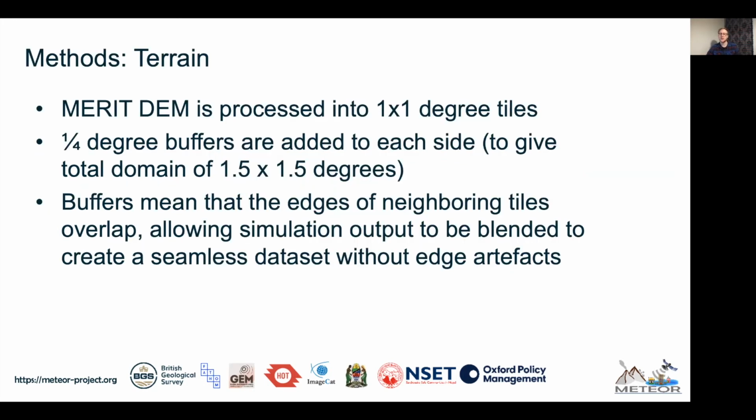So with that said, I want to give a very quick run through of some of the key methods that model builder uses. I can't go into the full detail on this presentation, but hopefully this will give a sense of what the model is doing. So in terms of the terrain data, the global data set is processed into 1-degree tiles that then have a buffer added to each side to allow the resulting simulation output files to be blended back together to create a